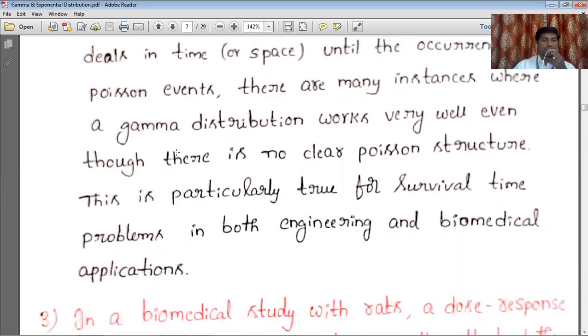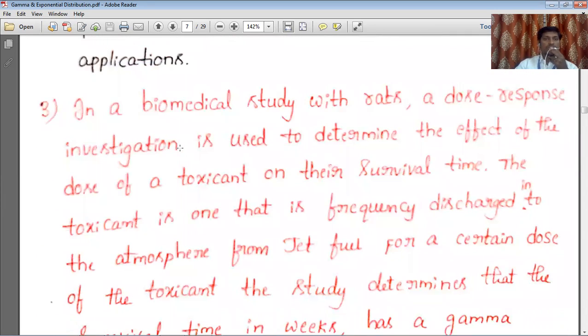Okay, so next, you can see the question in a biomedical study with rats. So already we said not only in general, in the biomedical industry also we are using these distributions. Normally it is used in statistical inference, and the gamma distribution is used in biomedical industries. In a biomedical study with rats, a dose response investigation is used to determine the effect of the dose of a toxicant on their